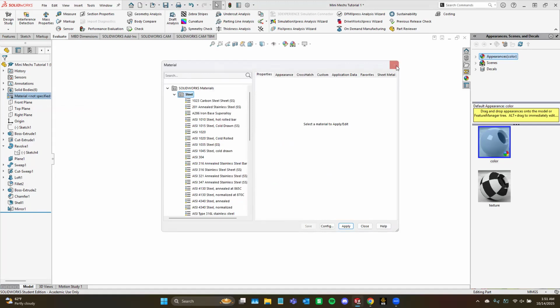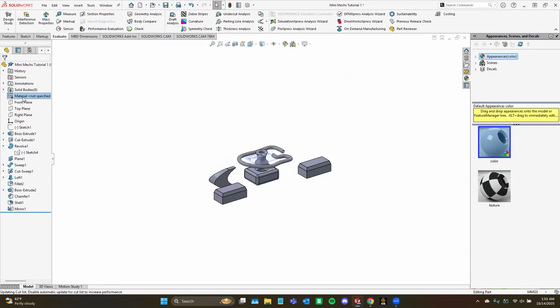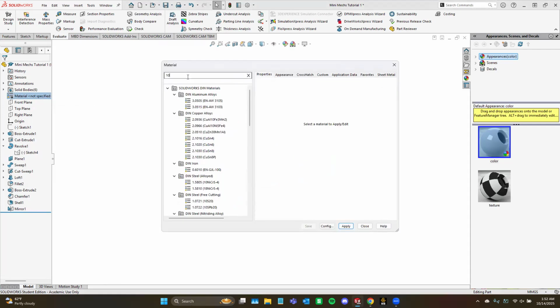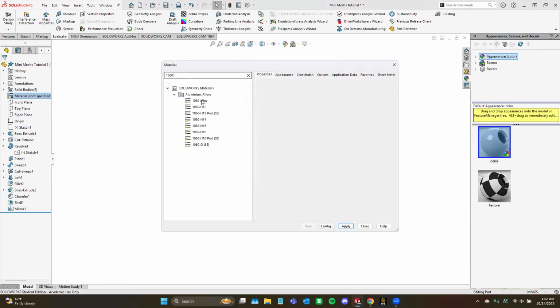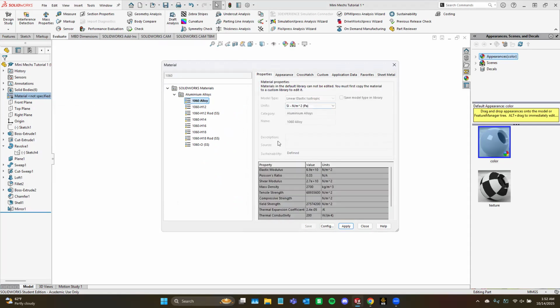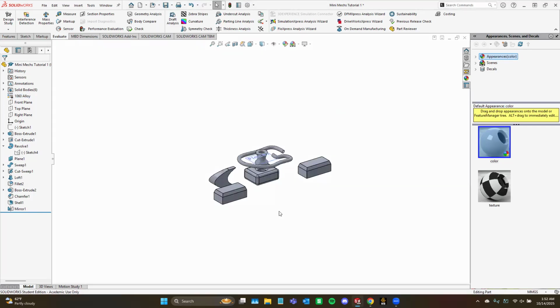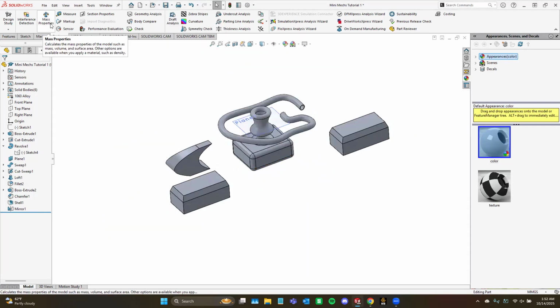So you go to, here, I'll do it again. You go to material, right click, and go to edit material. And I'm sure if you search 1060, it'll come up and give you a bunch of its characteristics, like its elastic modulus, Poisson's ratio, hopefully I said that right, shear modulus, etc. Tensile strength. So you apply the material to the part. Material is applied. So when you go to mass properties,